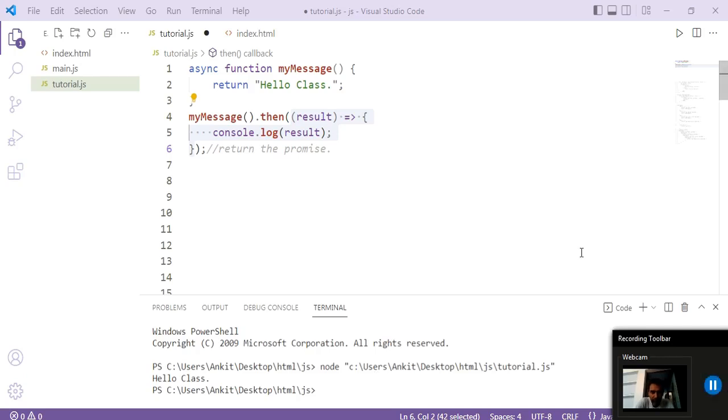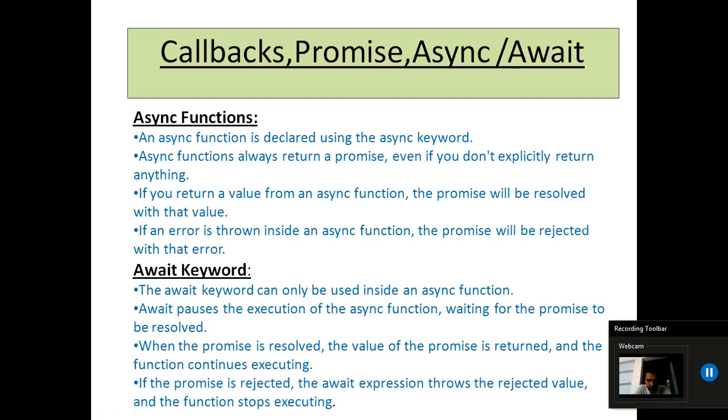Okay, now let us use await in our submit app and see how easy it becomes to use async await in asynchronous programming. Alright guys, so before heading towards the program, let us see some theory portion for async and await.